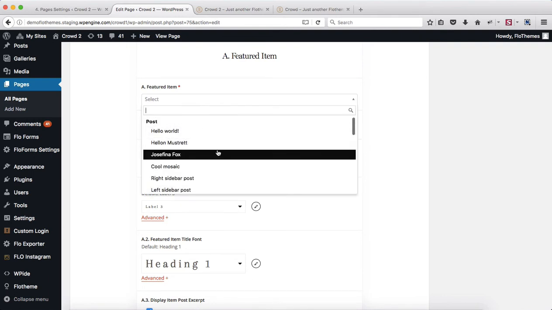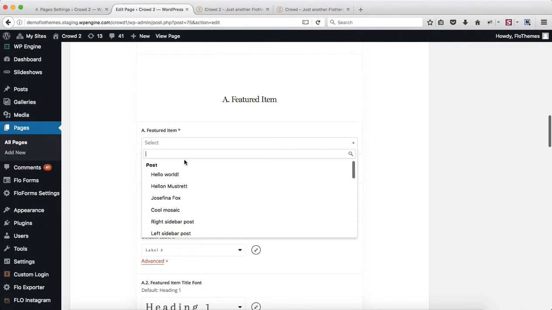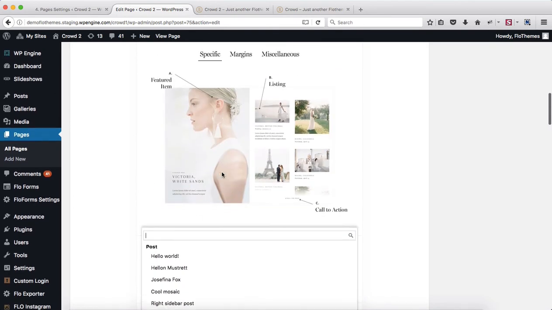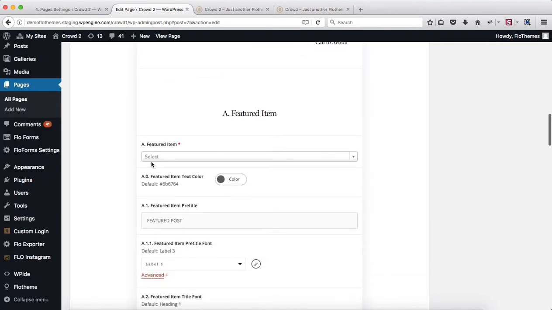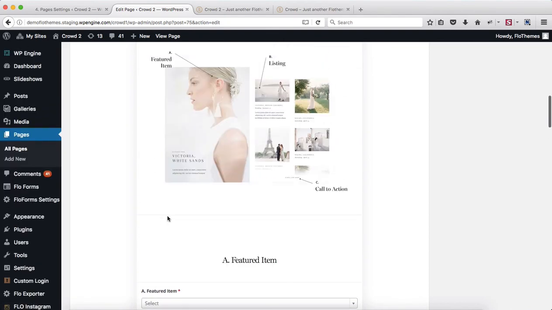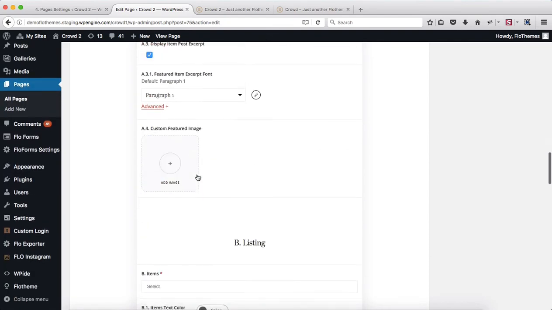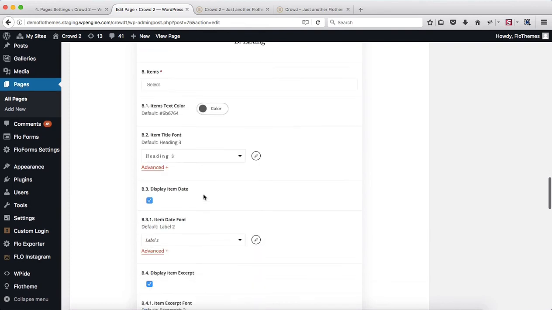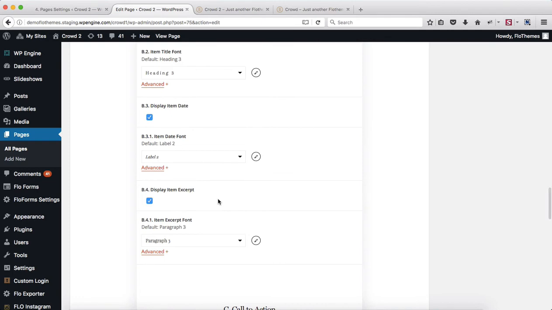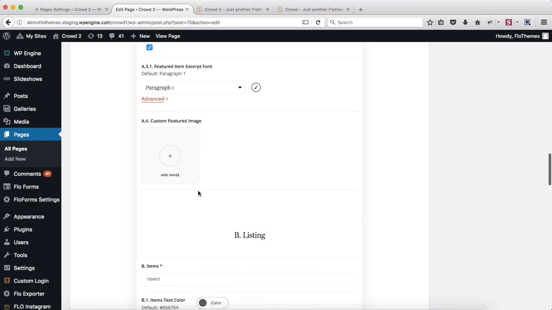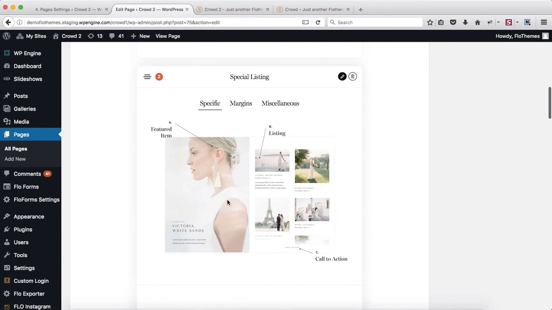So select your blog posts here. This would be the featured item listed on the left hand column, and as you can see, we have a screenshot and everything here is labeled accordingly. We have featured item under letter A, then we have listing, and then we have call to action. So as you can see, these settings are also labeled accordingly. We have a section A, which is our featured item, then we have B, which is for listings, and then we have C, which is call to action. So all of these sections are labeled accordingly, and it's easy to know which area you're customizing,